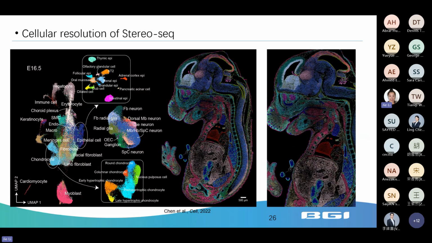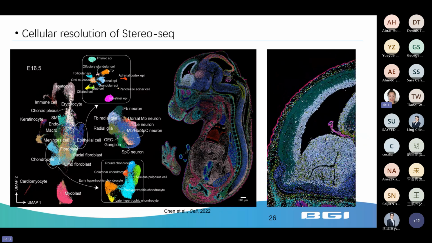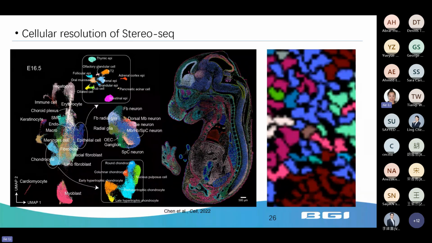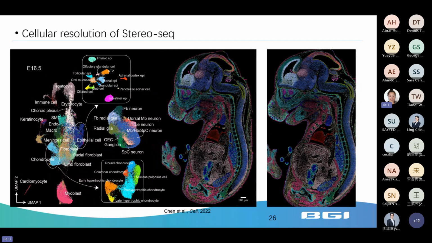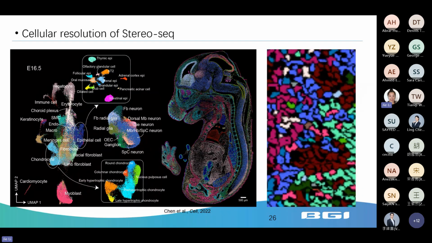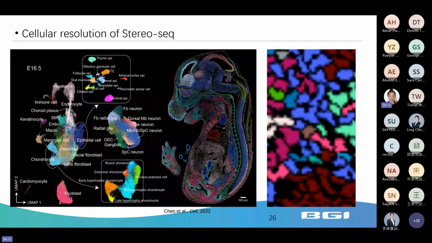After unsupervised clustering and visualization of the cells, 25 main cell types were identified, including epidermal cells, smooth muscle cells, endothelial